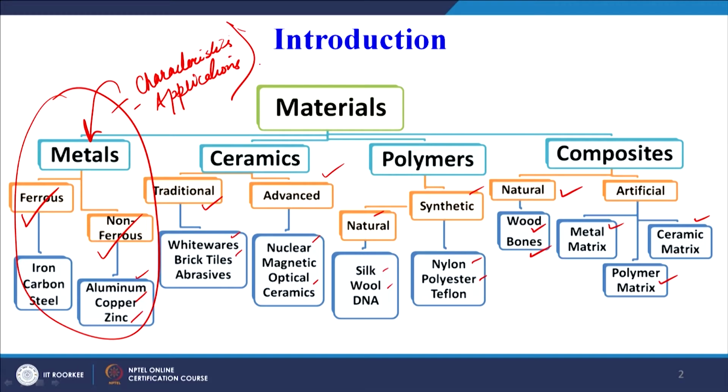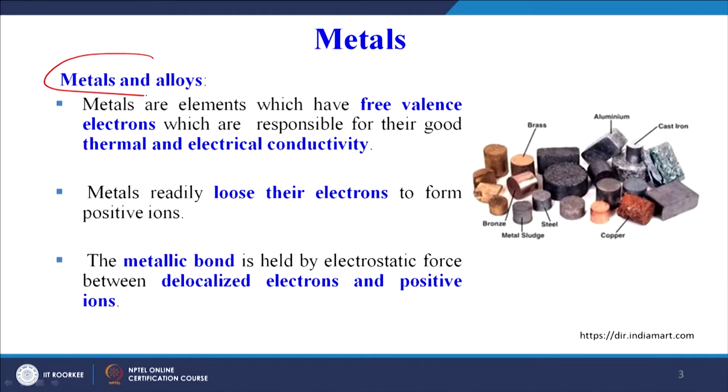And similarly, we will try to see all this for the other category of materials also. Now, let us try to go one by one. So, let us first see the metals. Metals and alloys is the first category of materials that we have listed down when we started our discussion